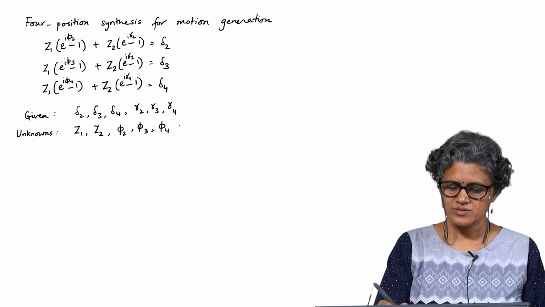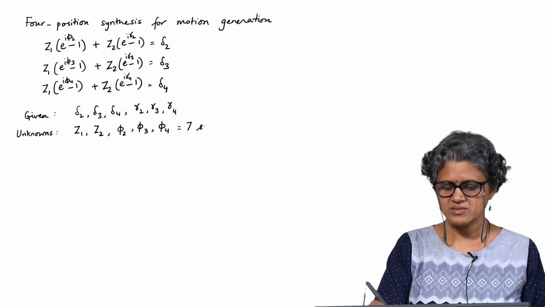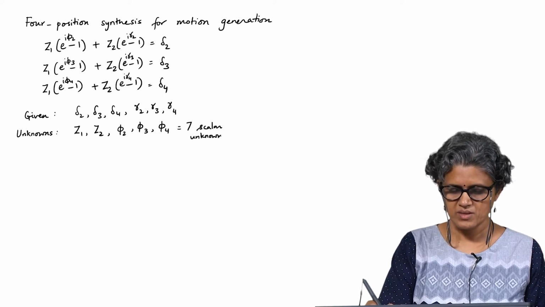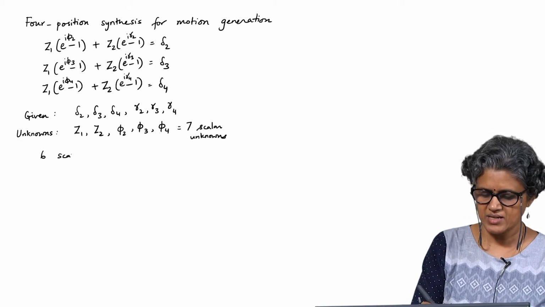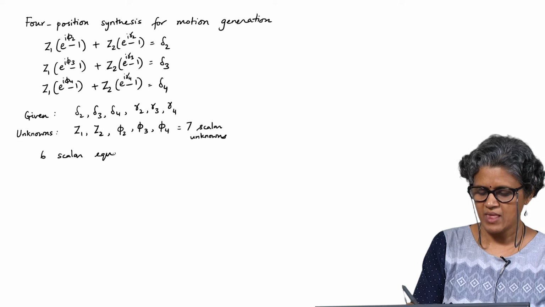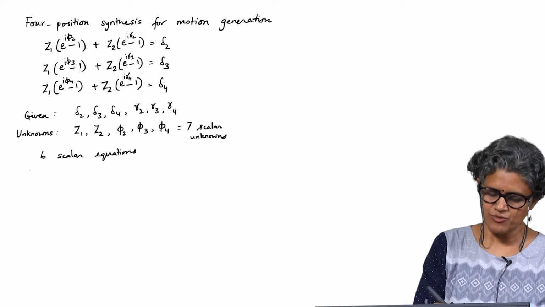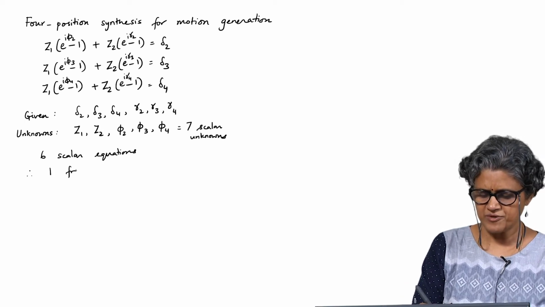So, that is equal to 7 scalar unknowns. You have 6 scalar equations above, 7 scalar unknowns. Therefore, you still have one free choice,